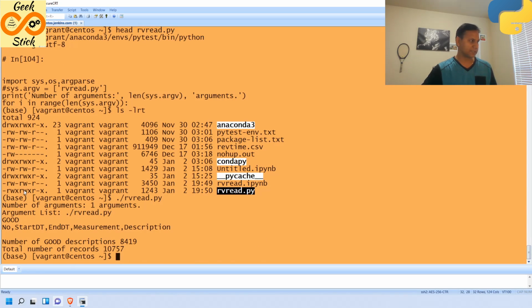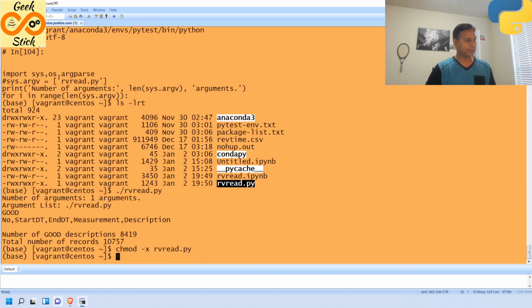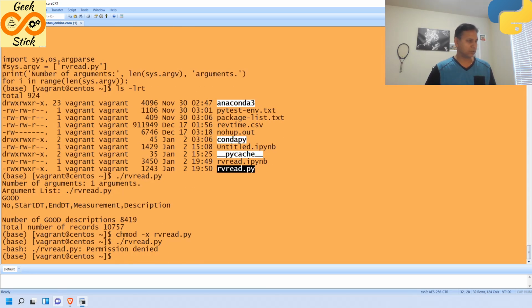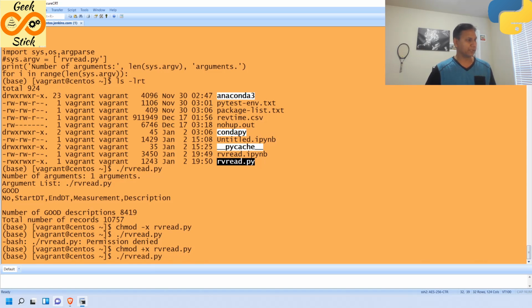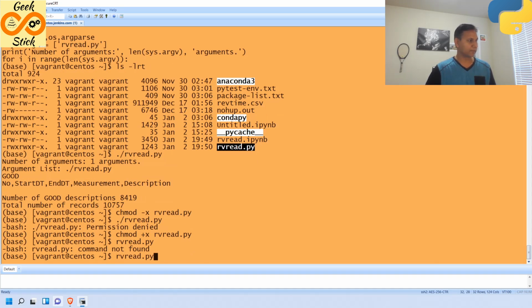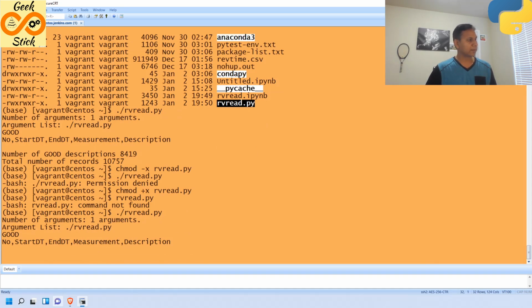Yes, it works, because I set the x permission, so I don't need to give python also. If I hadn't set it, with -x it would not work, so I need to give executable permission. Now it works the way I expect. Perfect.